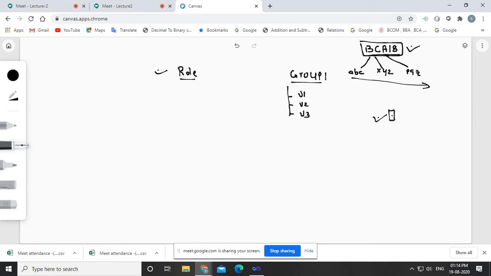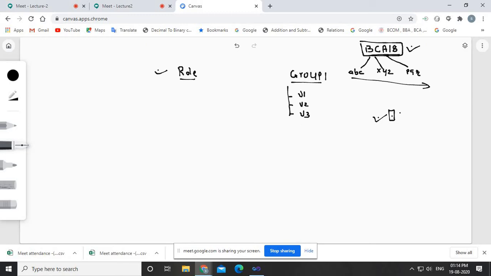Are you getting this? ABC, XYZ, PQR, obviously there are 120 students. All the students belong to one group which is called BCA 18. Now suppose this is a file and I want to share it with all the members of BCA 18.